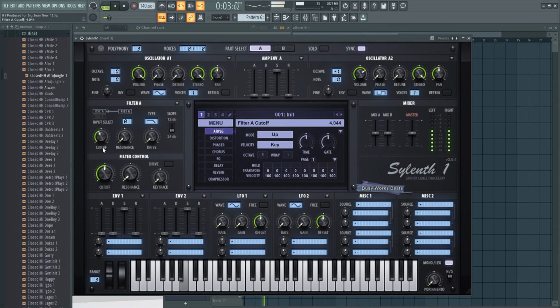Add a low pass filter to muffle out all the highs. Trying to decide how I want to play the bass.